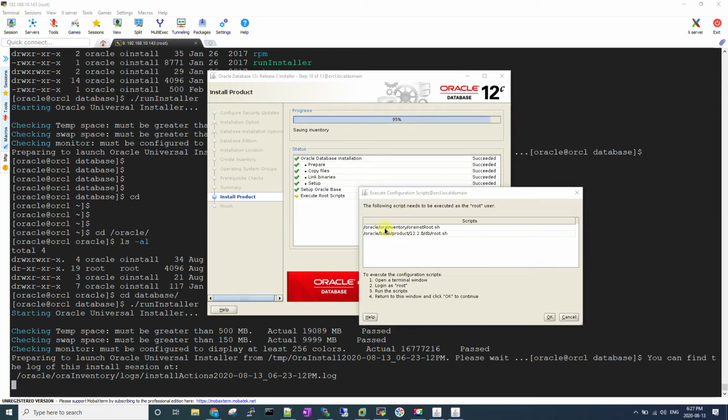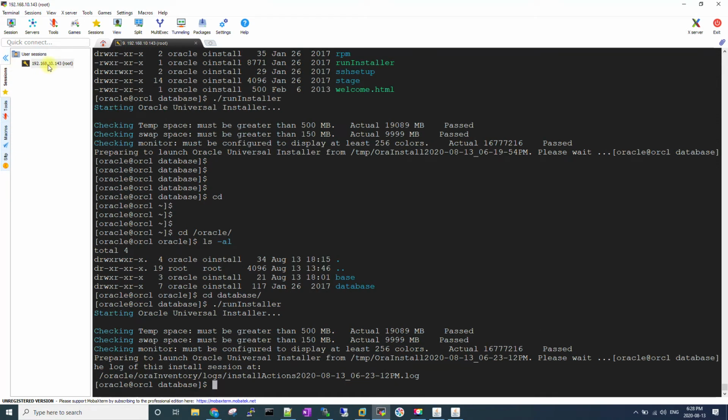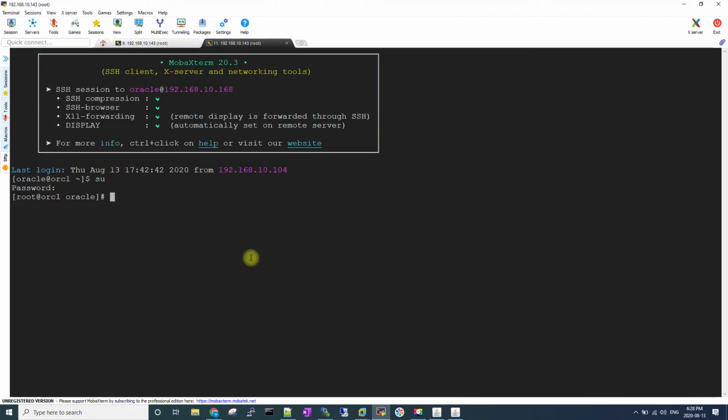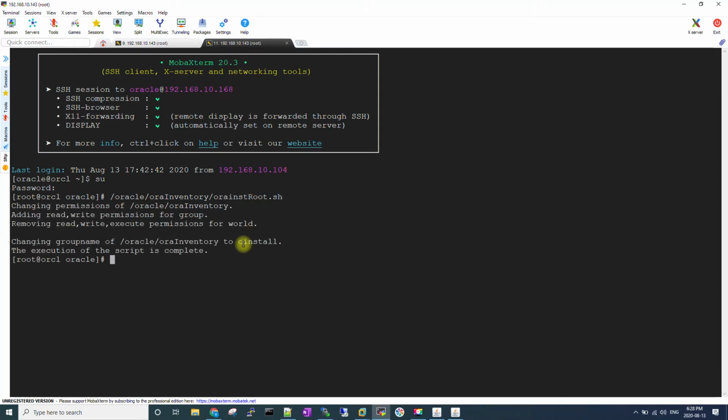Okay, so we see that we need to run two scripts, orainstRoot.sh and root.sh. So let's open another session, and su. Now you have to go to the location oracle, oraInventory. This is done.